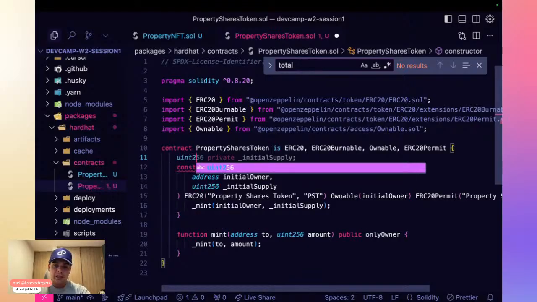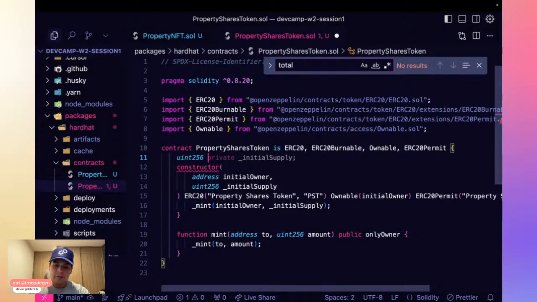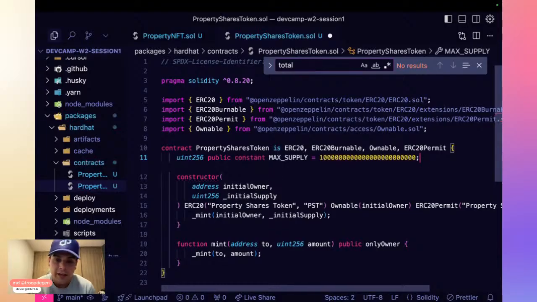So let's say uint256 public constant MAX_SUPPLY, which should be the number of shares. And here, remember that we have this uncomfortable decimals thing.